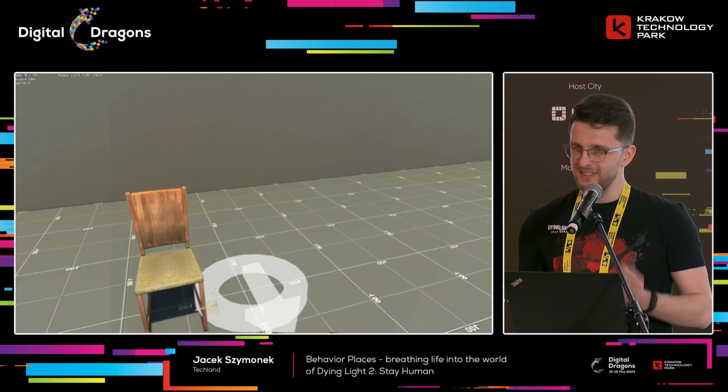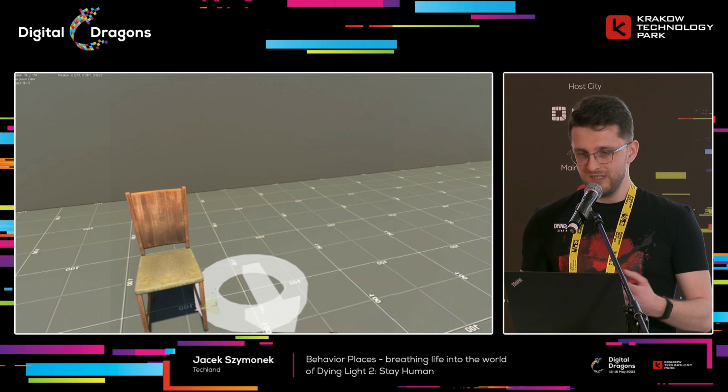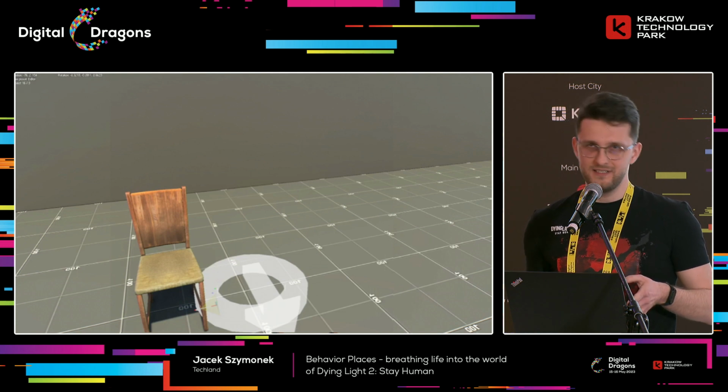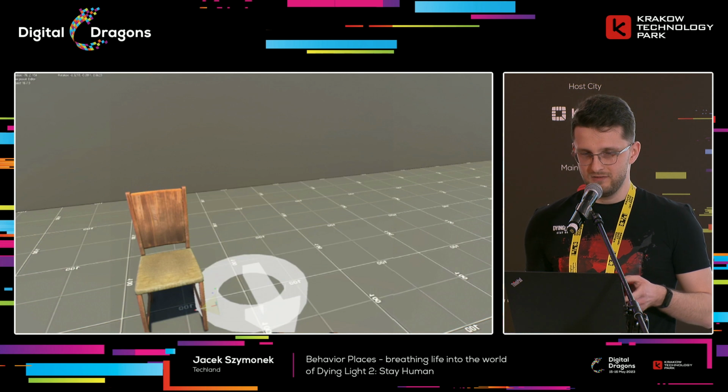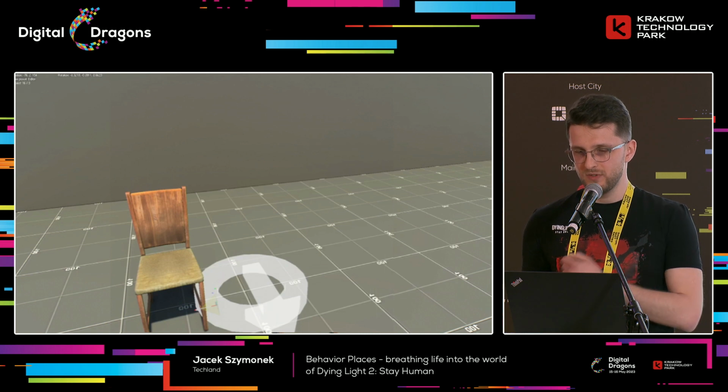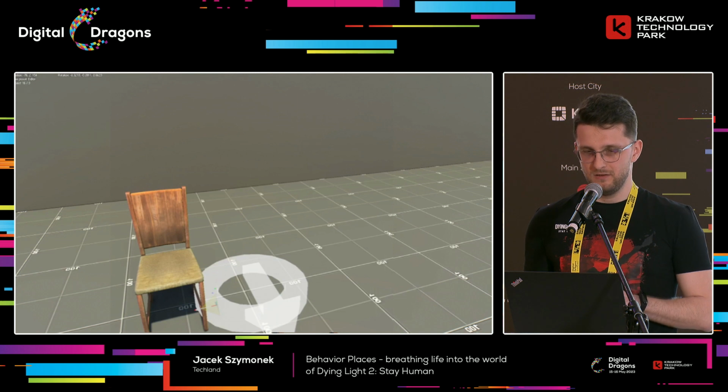Okay, so what can go wrong here? Let's imagine that in the first frame of the animation, the chair position is slightly different than how the level designer placed it on the level. So it's our previous problem once again. And if that's the case, the chair will be teleported to the position from the animation, and you saw that happening in the video.